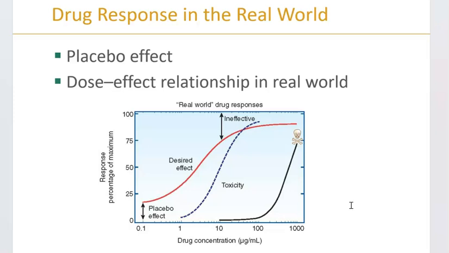Talking about the drug response in the real world. So we have a dose-effect relationship within the real world. This is a theoretical representation of how drugs produce effects in clinical practice. The drug concentration is the x-axis, and that increases from left to right. Some patients will respond at low dosages, either because of a placebo effect or sensitivity to the drug. As the drug concentrations increase, a greater number of patients will respond favorably, but you will have some that respond adversely. So at some dose or concentration, the presence of toxic effects precludes the use of the higher dose in patients.